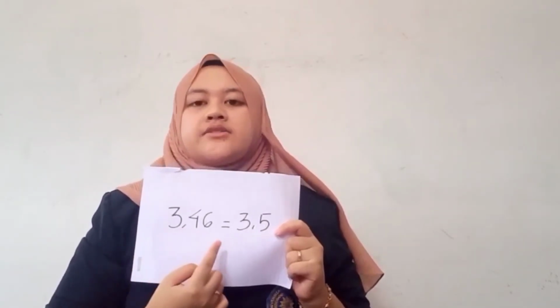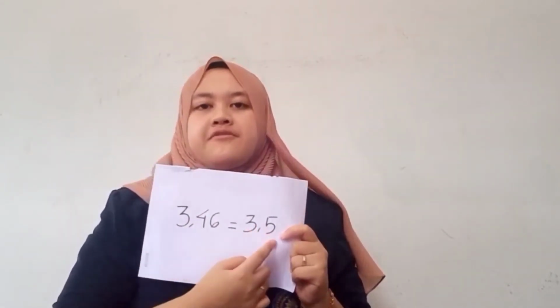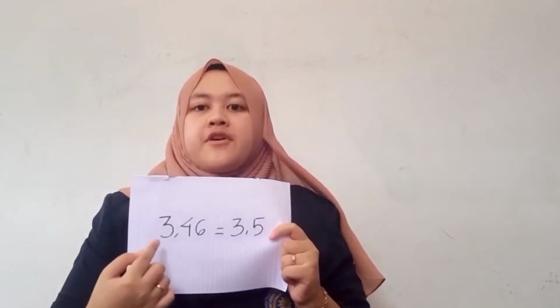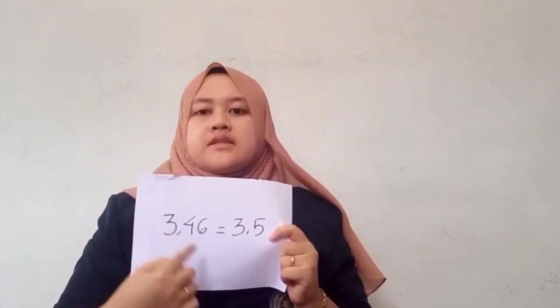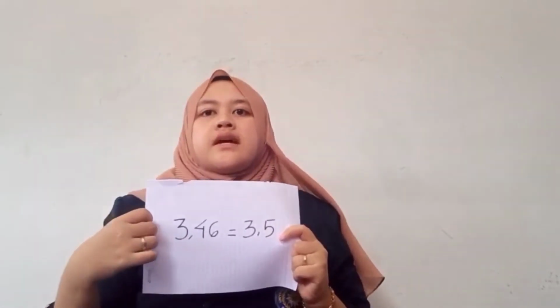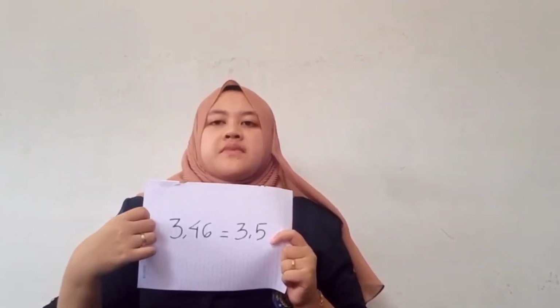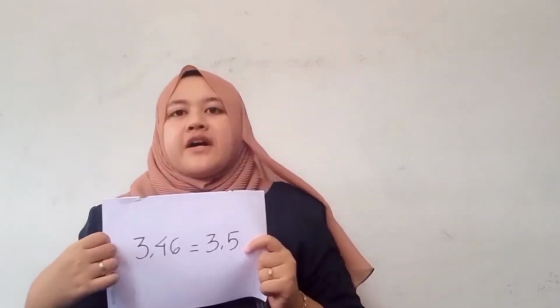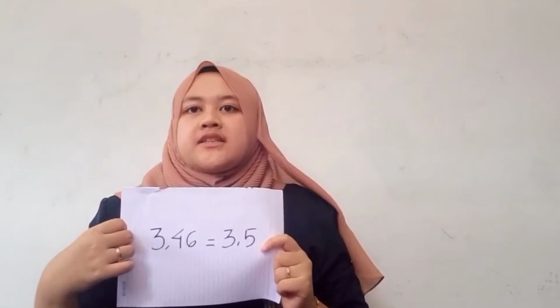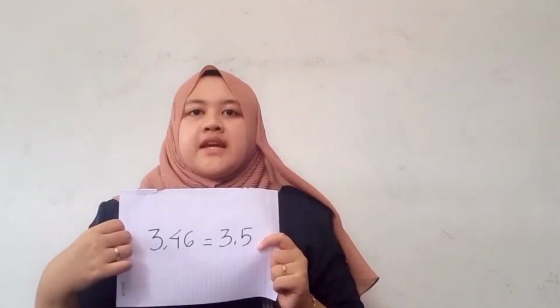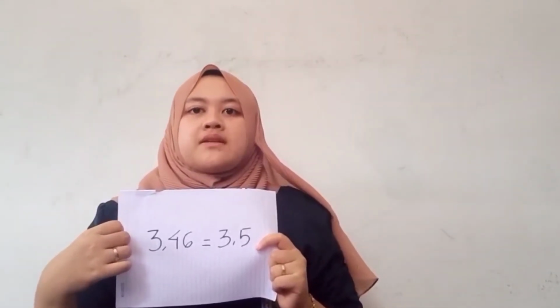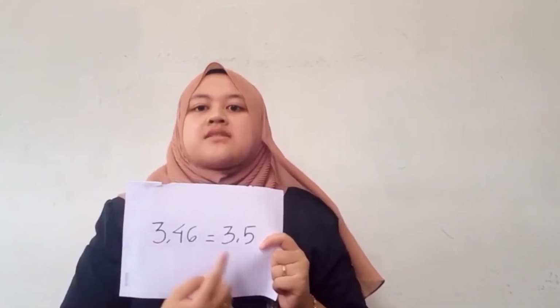3.46. The rounding is 3.5. In 3.46, the hundredth number is 6, which means it is greater than 5. Therefore, the tenth number 4 is increased by 1 to make 5. The rounding is 3.5. And the last,